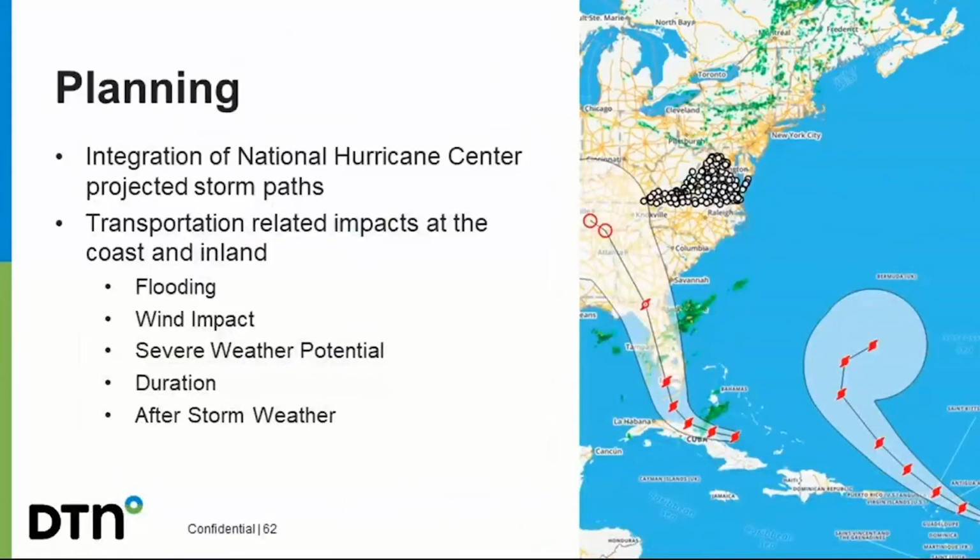Again, the planning, we have the ability of integrating a lot of the federal data, so the National Hurricane Center data here in the United States, and then looking at what those impacts are. So from flooding, the wind impacts, the severe weather potential, and the duration, and then the after storm weather. So looking at all of those and having that integrated in one platform, being able to see not only what the tropical weather is doing, but what is the other weather doing? What is the severe weather going to do? Is that cold front going to come into the coastline, or is it going to stay further inland? How is that going to impact the weather, not just in the coastal areas, but further inland that may impact